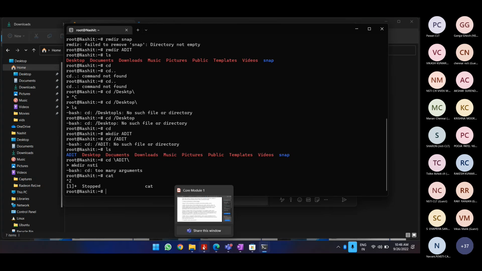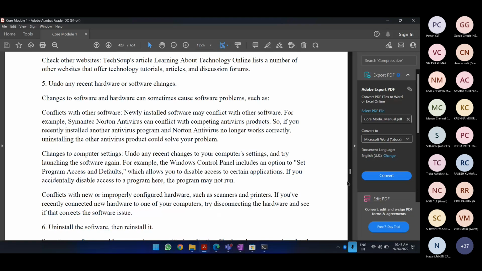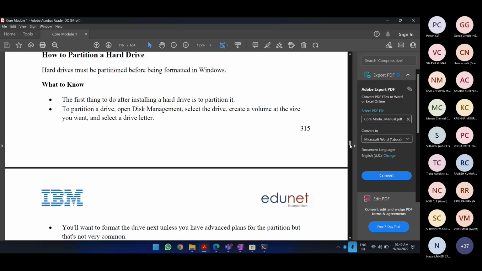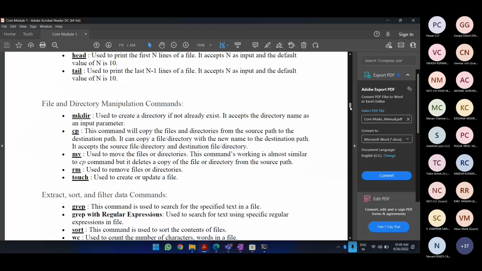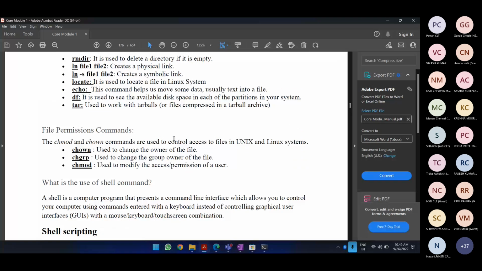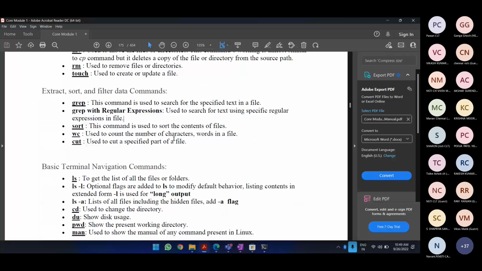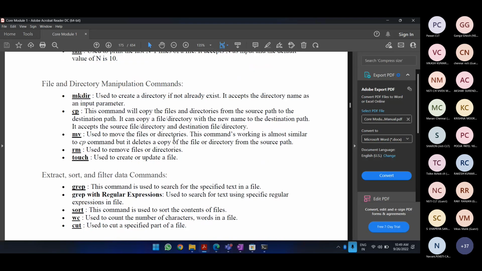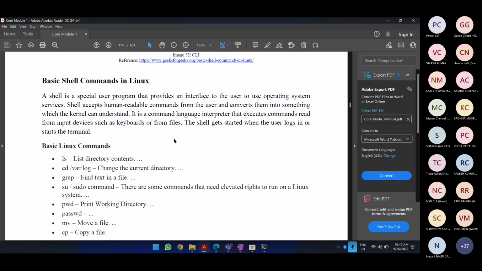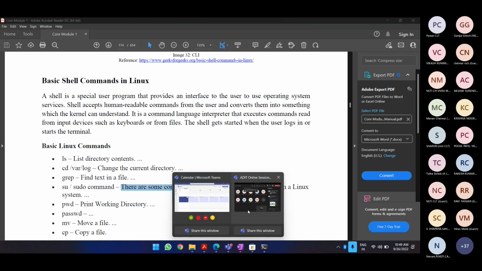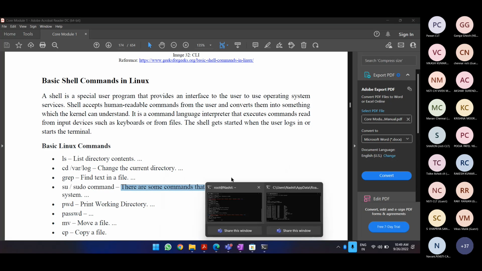Even here, we have a lot of features. Like in case we go here, I'm not sure where we have put it in. Yes. So you have a lot of functionality here. We can check them out also. But many of these functions won't work. Now, move directory, head, tail, we have a lot of them. So don't worry, we would be trying all those commands. In case it doesn't help us on Windows, we would be installing a complete Linux operating system. That is a different thing.